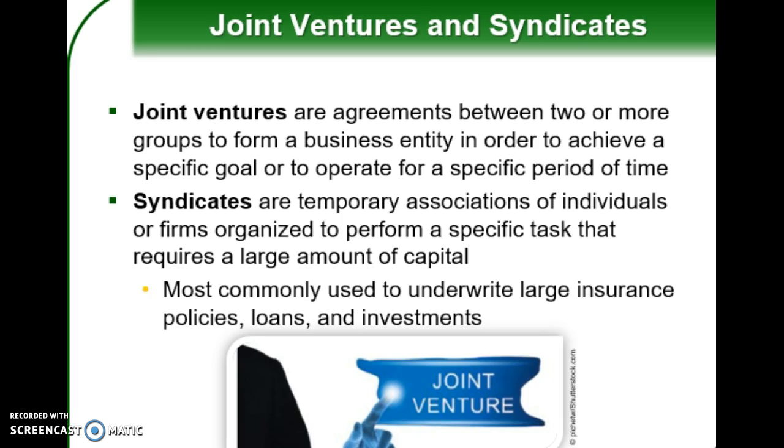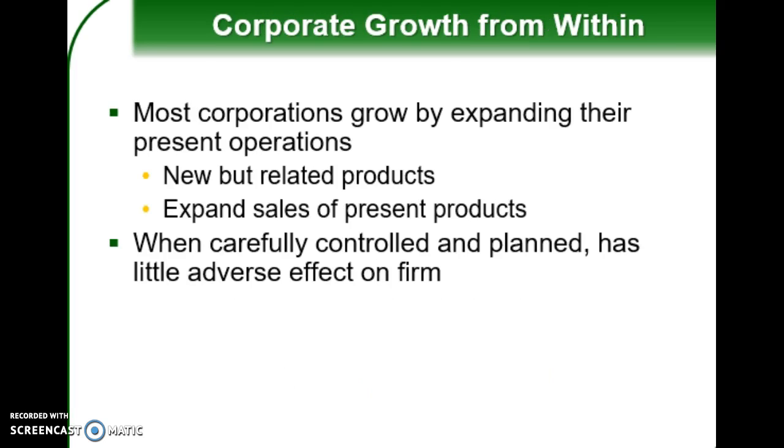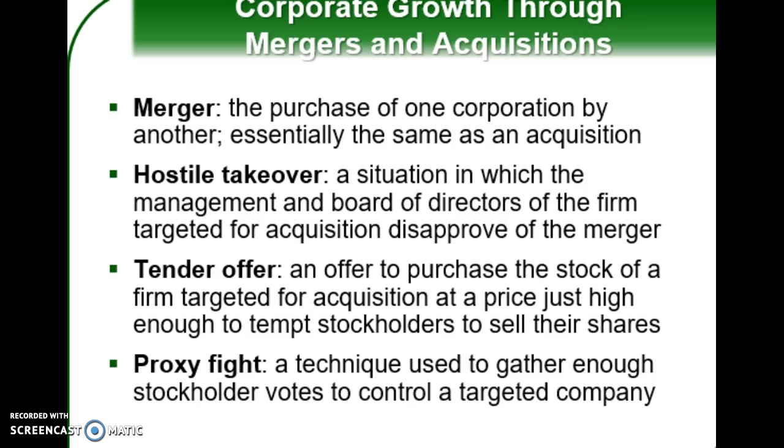And then wrapping up, I want to talk about a couple of other topics, one being a joint venture. These are really common when a firm goes into a foreign country in which they don't have a really strong foundation. Case in point, Universal Studios is currently going into China. In order to do that, they have formed a joint venture with a Chinese partner who knows the market well. Then the last part of your chapter talks about mergers,